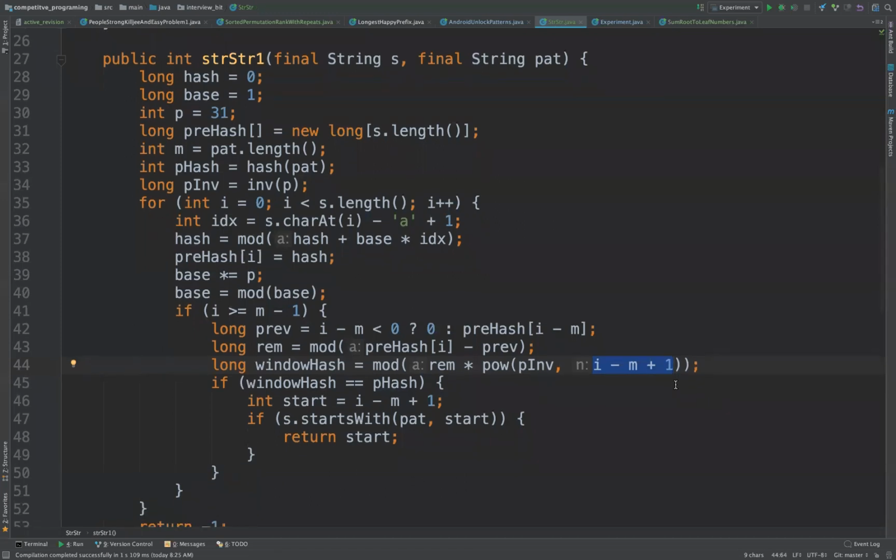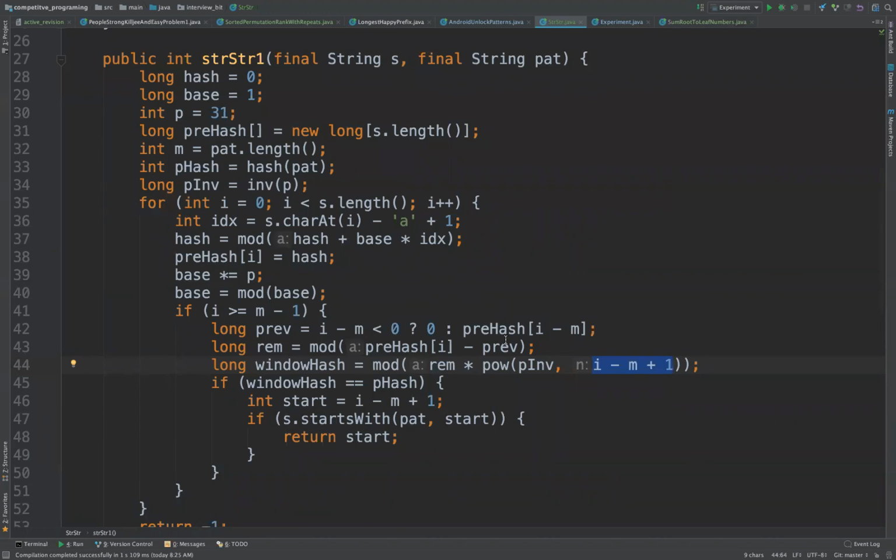One thing: at any step we are incrementing the window. We are just getting rid of the first character in the window and adding a new character. So I was thinking about this prefix hash array: do we need the complete size of the string, or should it be the size of the pattern, because the pattern drives which characters the window should consider?